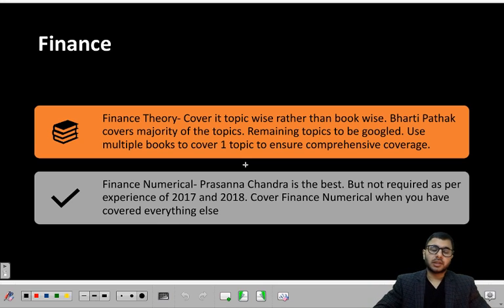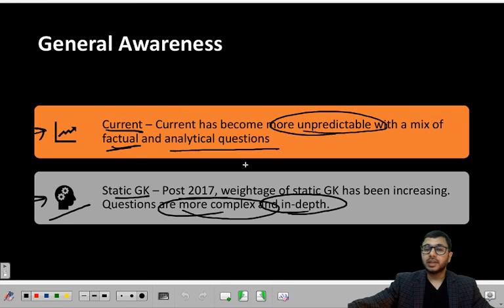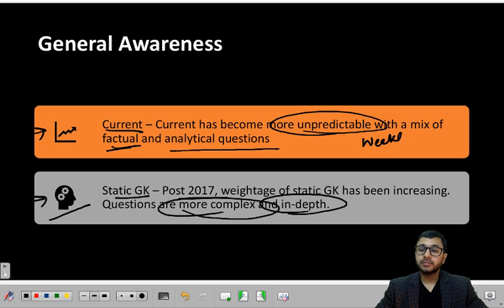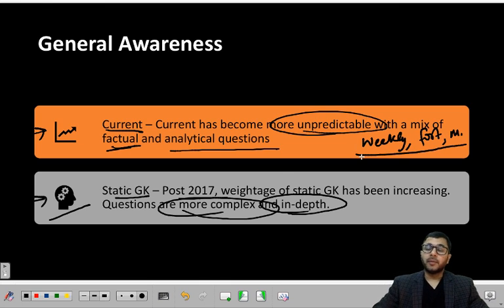Current affairs, yes, very important, Mahindra. Good question. Very important thing that I should have mentioned is, do you cover current affairs daily or fortnightly or monthly basis? Well, in my personal opinion, don't cover it daily. Cover it either weekly or fortnightly, 15 days, or monthly. People are providing you current affairs on a daily basis just because they want to engage you with them, they want to stay in touch with you, but it's about your career, it's about your exam. Covering it daily does not make any sense.